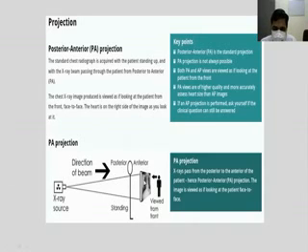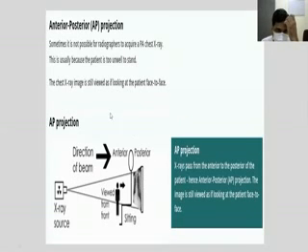Whether it's an AP view or PA view, whatever we are seeing will appear as a frontal view, from the front itself. But the way X-rays go through the patient is different. So this is PA projection: from back to front, X-rays go through and then touch the cassette or film. Whereas in AP view, it's the total opposite. Here the person is either sitting or lying down, and X-rays go from the front of the patient, pass through to the back, and then reach the film. So this is how AP view and PA view differ.